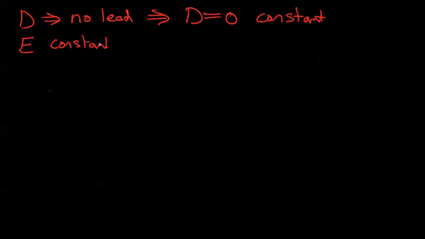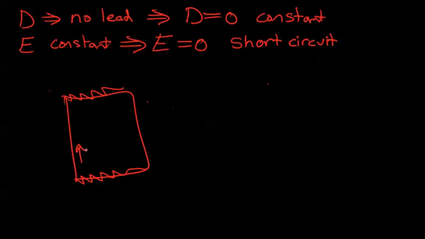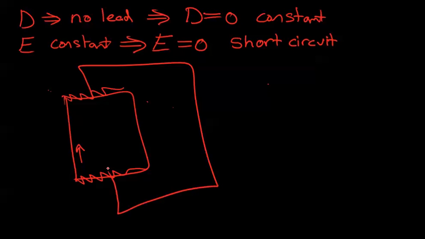What's the simplest case where the electric field across the material is constant? Well, you have E equals 0. And the easiest way to do that is to make it a short circuit. So we have a material, electrodes on top, electrodes on bottom, some polarization like that, and we simply connect the top and bottom. So no matter how much we pull on it,